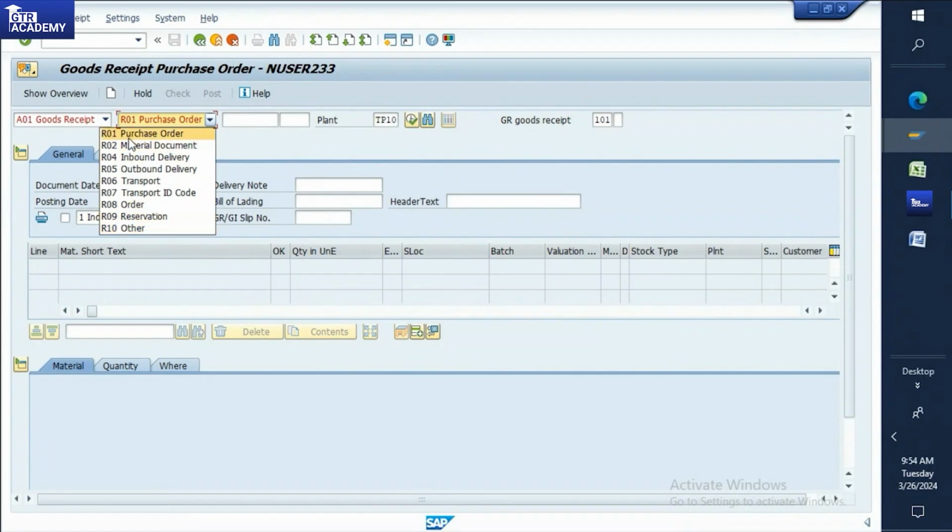See, with respect to the material document, you can create the GR. This inbound delivery and the outbound delivery, we are not going to do. The other module person will do, okay? Order, reservation, transport, ID code, transport, this and all, the SD consultant, PP consultant, they will do for a different purpose, okay? When it comes to the MM,